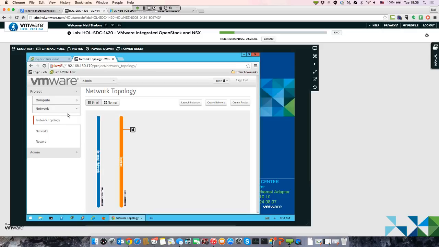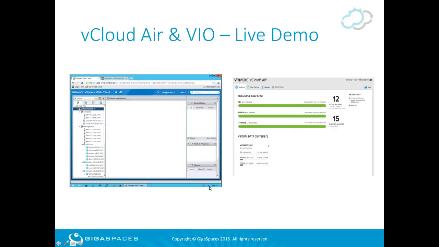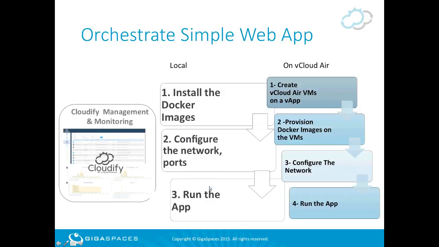That gets me to the actual example itself. I'm going to start with a simple web application. We're going to first install a local environment using Vagrant. So I'm basically going to run the application on a local desktop environment, and that will include installing the Docker images. We basically have a blueprint that maps to a local VM. When I execute it, the blueprint will install the Docker images, configure the Docker ports so that I can actually use it,